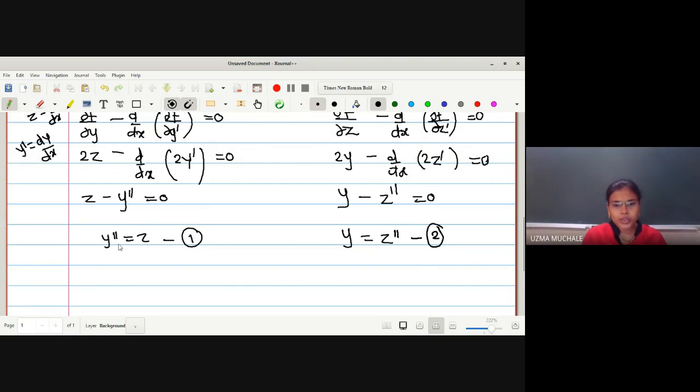Now we have to solve these two equations, right? Up to now, if you remember, we were only solving for y dash. In the examples solved so far, what were we doing? y dash square, then y dash, and then we integrate and find out the value of y. But now in this case, we should find out the solution y as well as z.